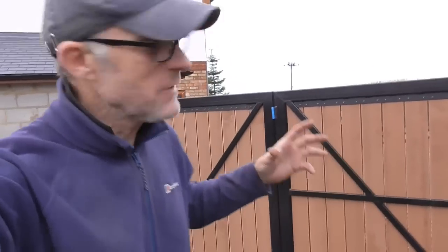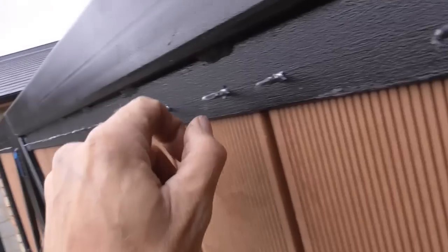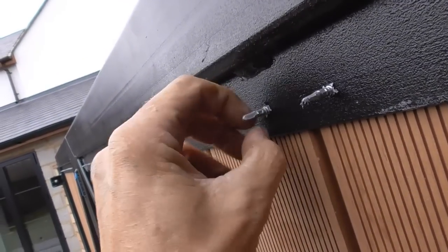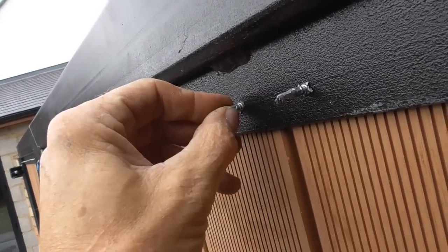So they're on. Really, really happy with how they look, actually. So this is the sort of ugly side. I'll just show you what we've got here in terms of screws. As we see, these screws are sticking out here. So I'm not sure what I'm going to do, actually. I was thinking just nipping them off and putting these little black caps over them, but I'm wondering whether I